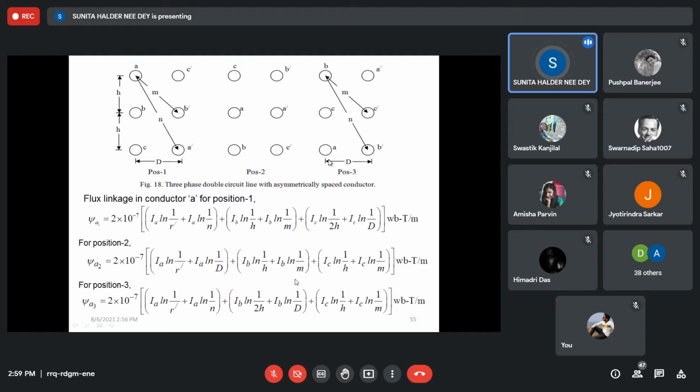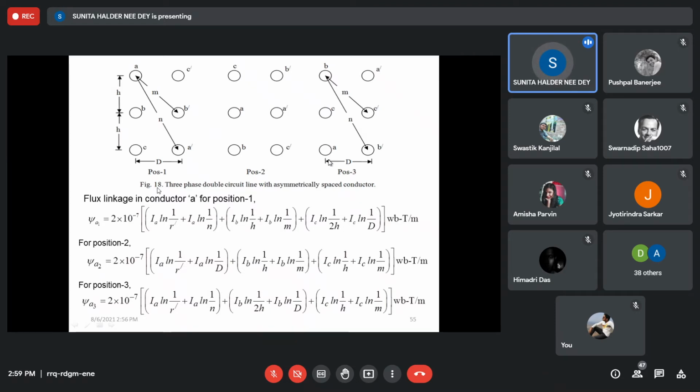Here I have done the flux linkage approach to make you conversant with this. You must try this with the GMD GMR approach. If you practice, then you will see the GMD GMR approach is easier than the flux linkage approach. When we use the flux linkage approach, we have to find the flux linkage of each conductor or subconductor for each position.